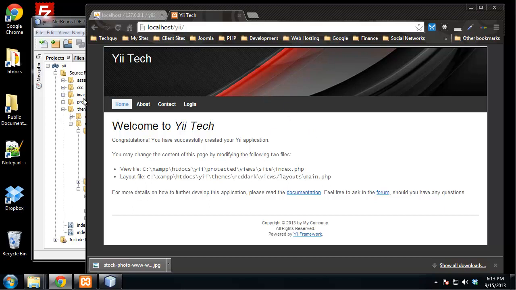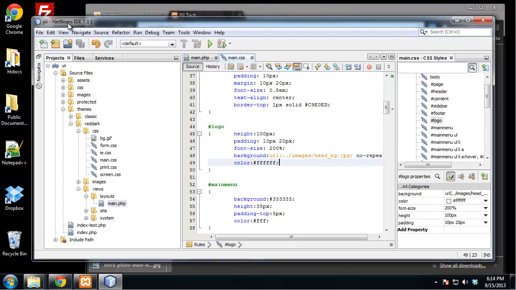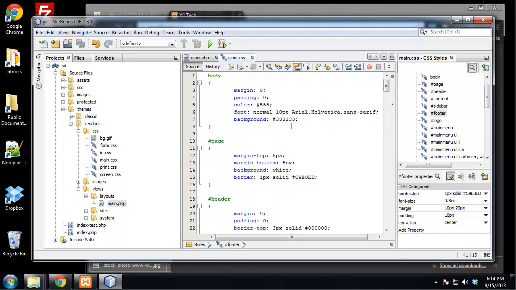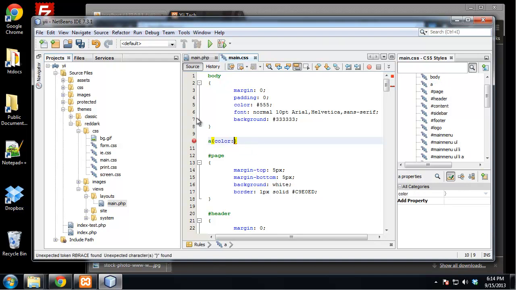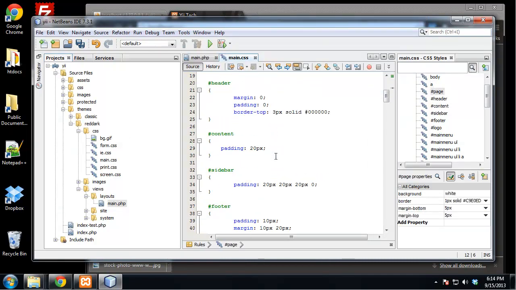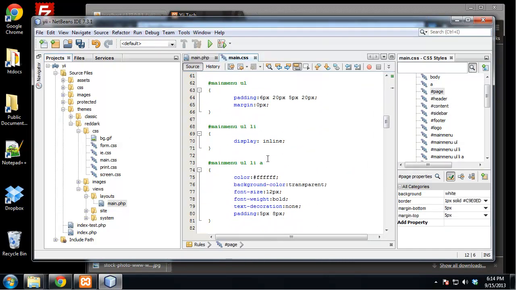I do want to change our links. You can see the active link here is blue. I want to change that to red. I also want to change these other links to red. So I'm just going to add under the body, for all my links on this site, a color of red. Alright, and then we want to go to the main menu link